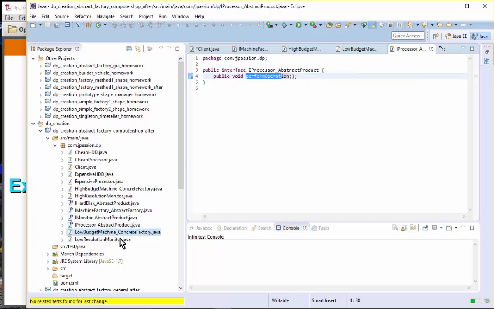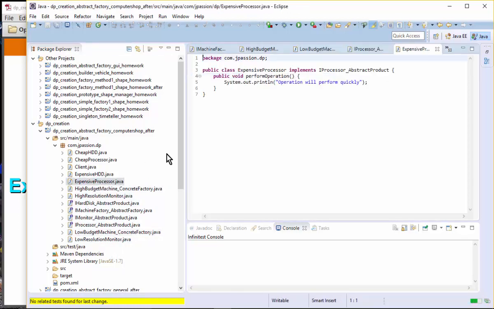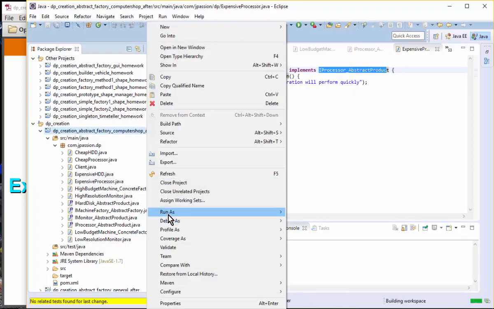So one of those is going to be the expensive processor. So expensive processor is basically a type of iProcessor abstract product. So in this case, it has implemented the perform operation method. Operation will perform quickly. So if you run this code,